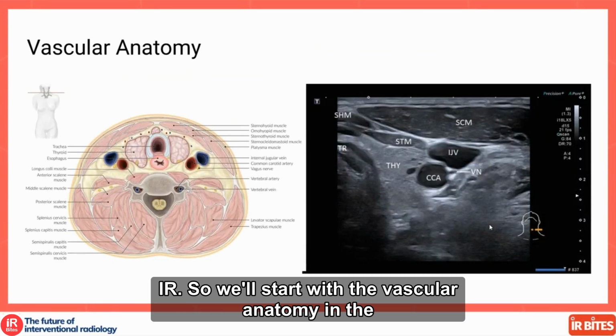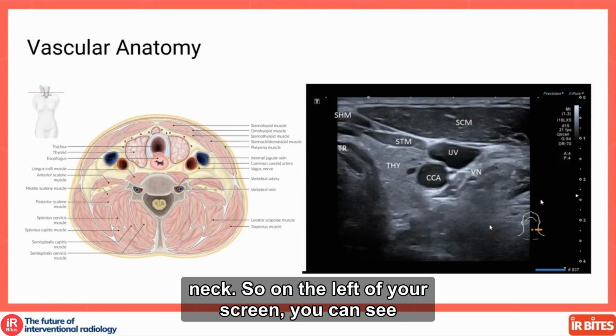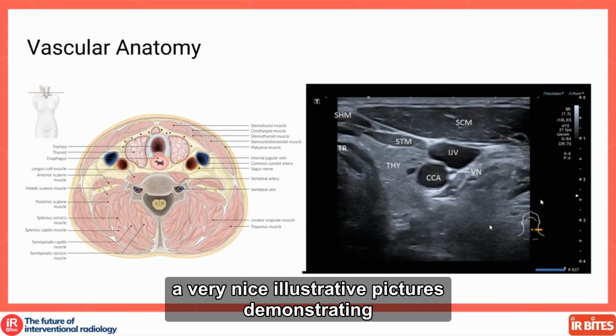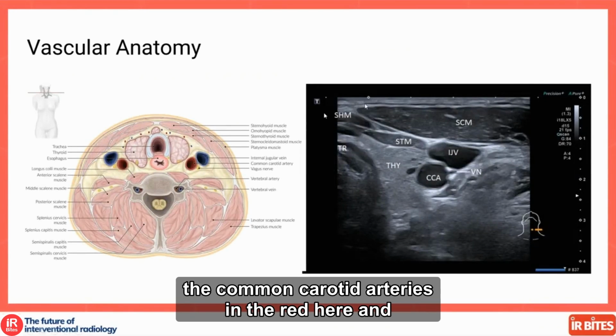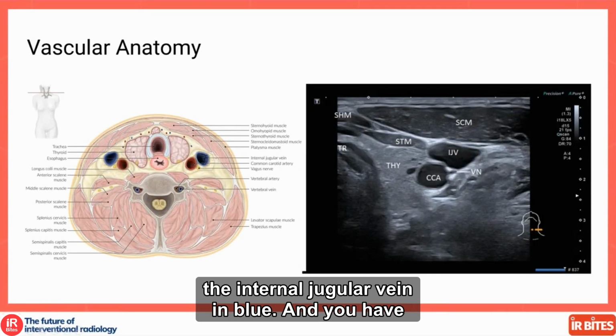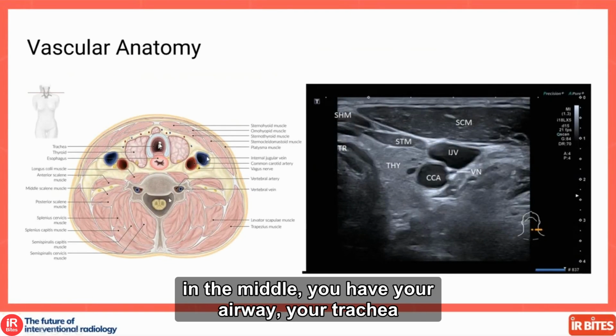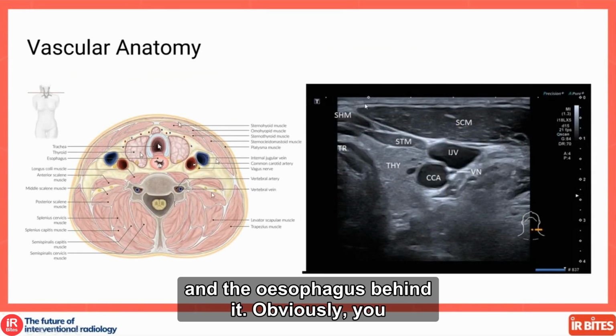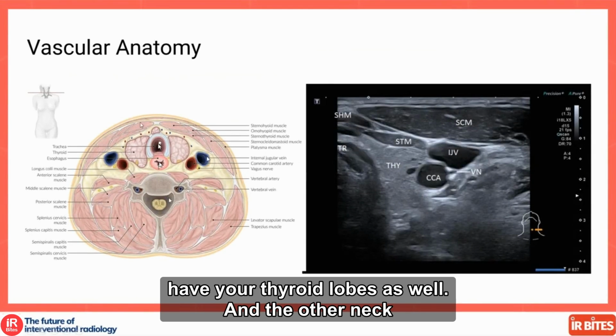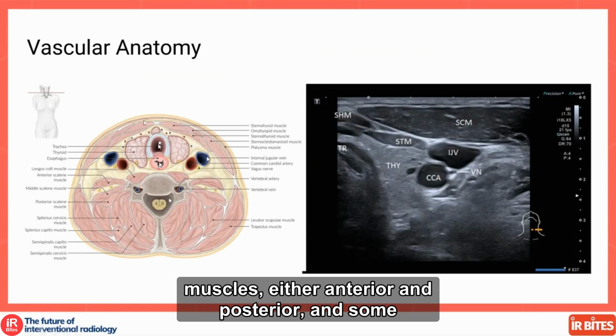So we start with the vascular anatomy in the neck. On the left of your screen, you can see a very nice illustrative picture demonstrating the common carotid artery in red, and the internal jugular vein in blue. You have the other structures within your neck as well. In the middle, you have your airway, your trachea, and the esophagus behind it. Obviously, you have your thyroid lobes as well, and the other neck muscles, anterior and posterior, and some of